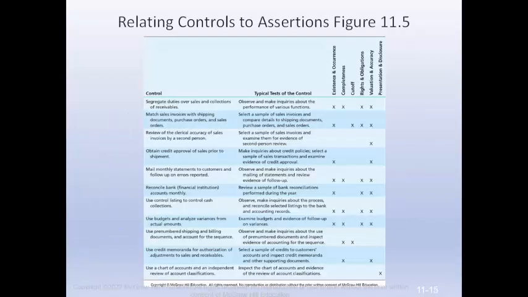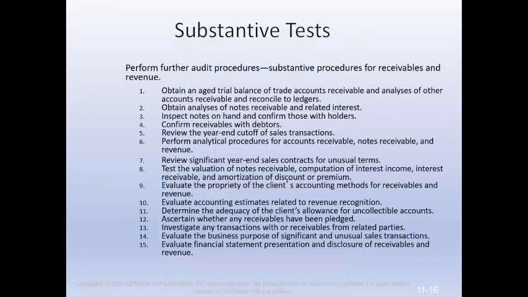This chart shows common controls for the accounts receivable and revenue cycle, as well as the typical test for the control and relevant audit objectives or management assertions. Substantive procedures that are performed for receivables and revenue include obtaining an aged trial balance of trade accounts receivable and analysis of other accounts receivable and reconciling it to ledgers, obtaining analysis of notes receivable and related interest, inspecting notes on hand and confirming those with holders, confirming receivables with debtors, reviewing the year-end cutoff of sales transactions, performing analytical